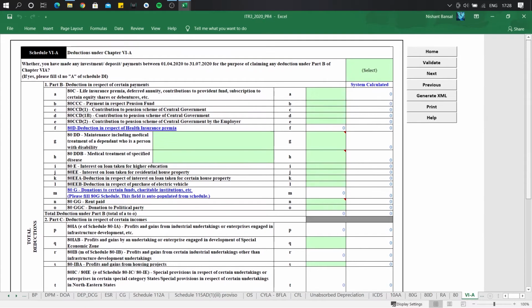Yeah, so investment under equity linked savings scheme till the end of the previous year, and investment under ELSS during this period. Okay, so we'll enter yes here because it's clearly mentioned in the question that we have done certain investments in the next financial year as well, but before the due date of filing of return of income for that previous year, and we want to claim deduction of the same. So we'll enter yes here.